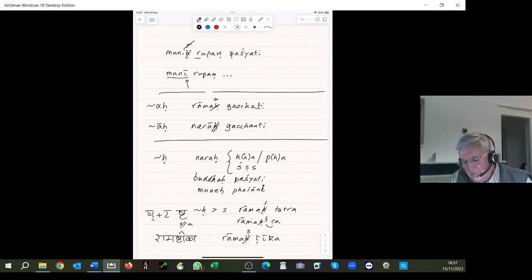Now we look at the vocabulary on page 191, but before doing that, just look at this last little rule in paragraph 7 on page 190. Often a prefix may affect whether a verb takes active or middle endings, that's the parasmaipada or the atmanepada endings. We've got a couple of examples here, for example, ni,